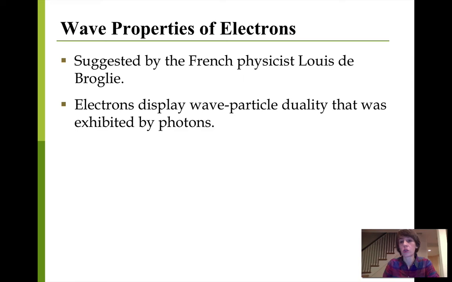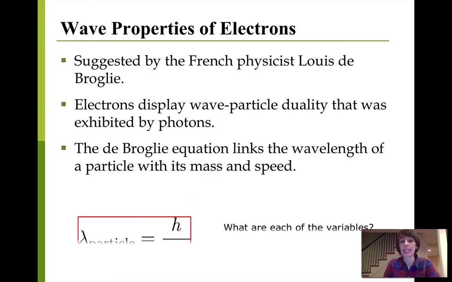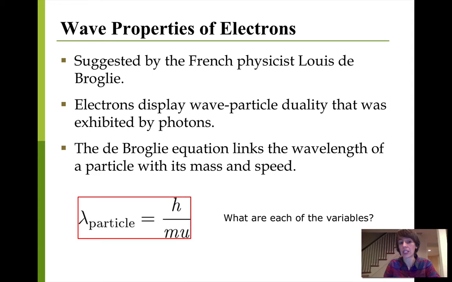The physicist who was mostly involved in this research was named Louis de Broglie, and he was the one that first posited that electrons might have both wave and particle properties, and he came up with an equation that would give us the wavelength of a particle. There's a really nice derivation of this equation in your textbook. I would take a quick look at that. But we'll focus on the applications of this equation from here on out.